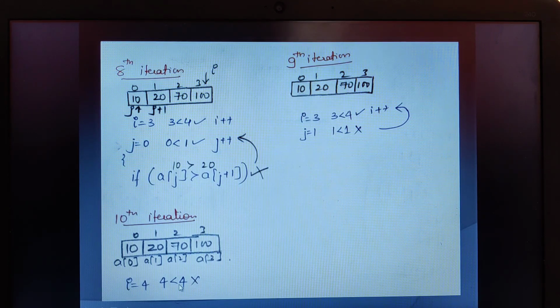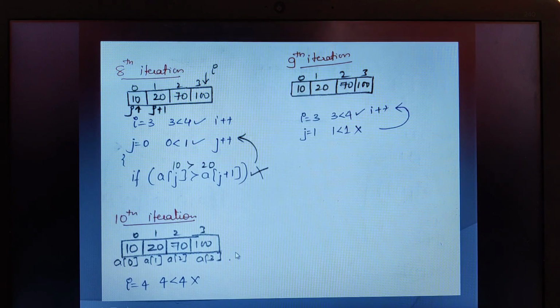I should be less than n. 4 is less than 4, the condition fails. So once this outer loop, that is I loop, has also failed, then we get a new sorted array wherein the elements would be 10, 20, 70 and 100. So this is how we get the array in the sorted order, that is in the ascending order.